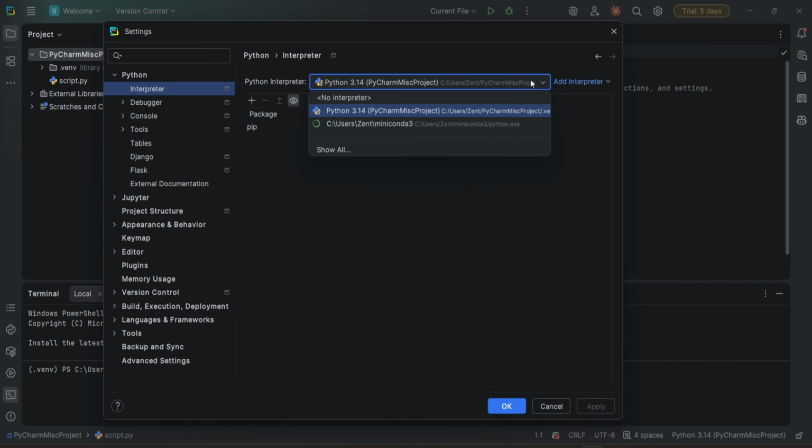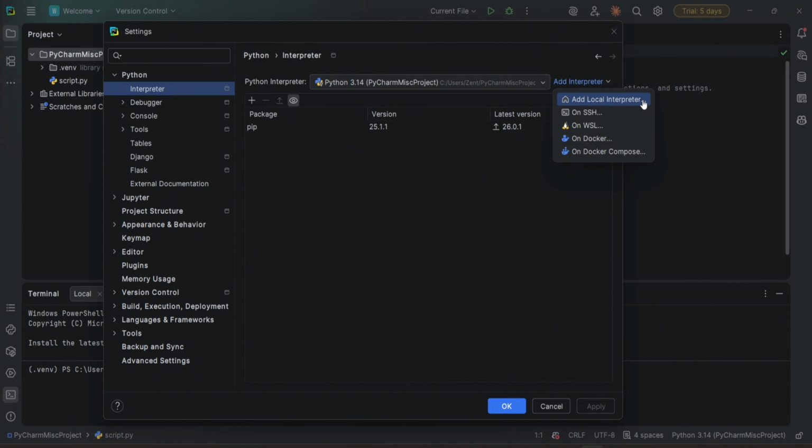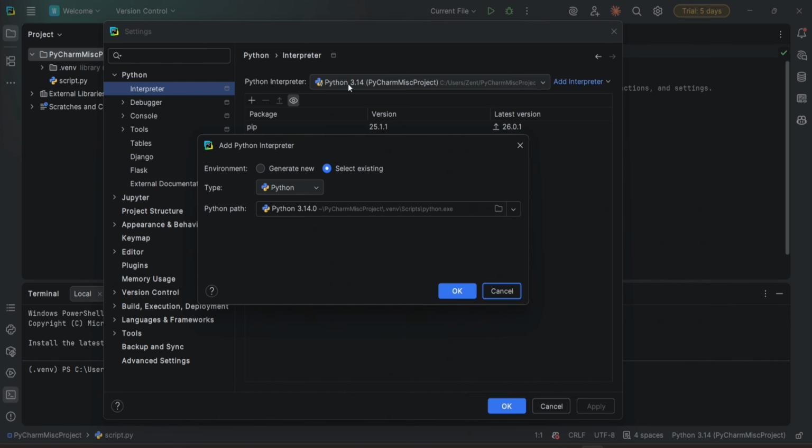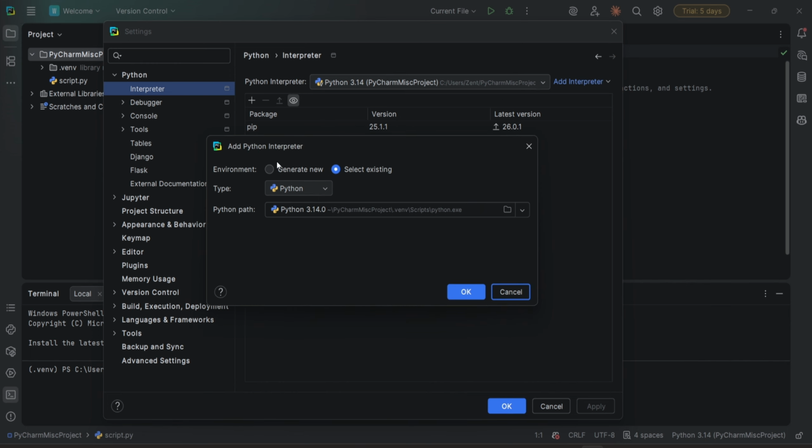If you have interpreters here already, you can just go ahead and choose that if you do. But if not, just go ahead and press on add interpreter. You can choose the local interpreter, but if you have these options, you could of course take a look at those. But in our case, we're gonna go ahead and press on add Python interpreter, and then we could select